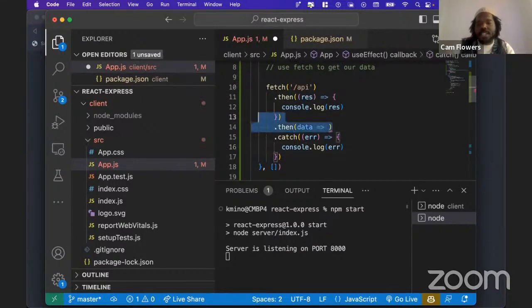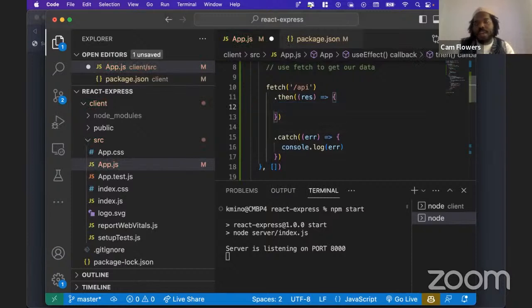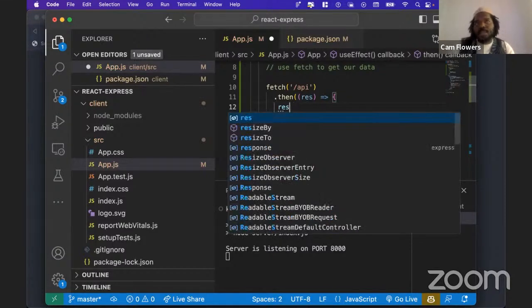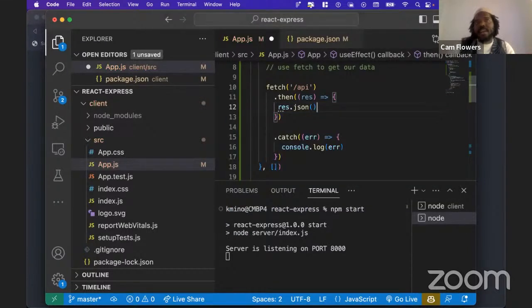Basically, instead of just console logging the response, we're going to want to turn that response into JSON data, get the data from the response that we made, right? And so to do that, we're going to call a method on the response to turn the data into JSON. So we're going to say res.json, which is a method that gets called. And we're actually going to return this because we want this function to say, hey, once we get back the response, just return